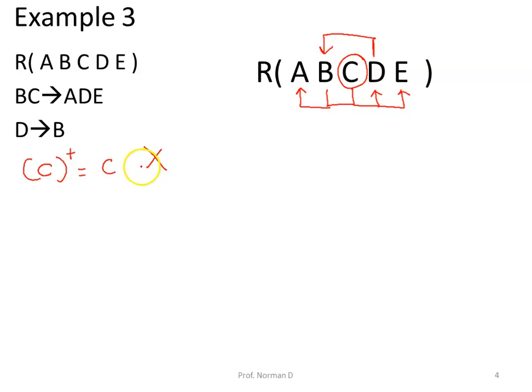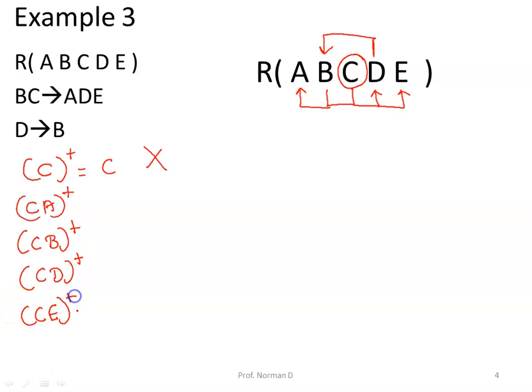So what is the next option? The next option is we combine this essential attribute with the other attributes. So we have a combination of CA, CB, CD and CE. We find the closure on all these. Now the closure on CA gives us CA